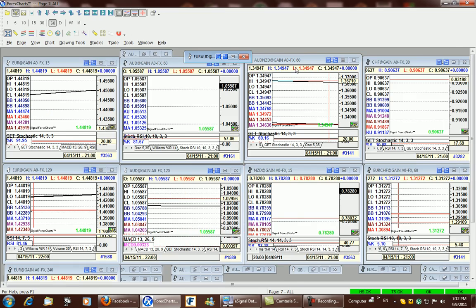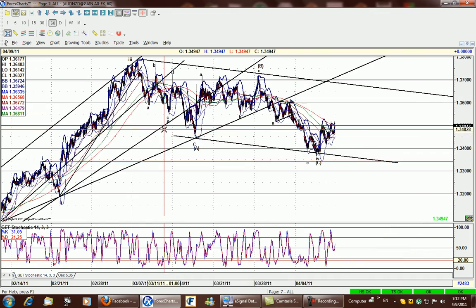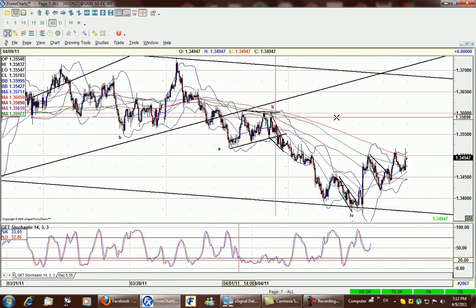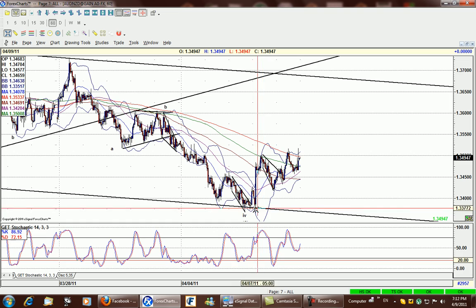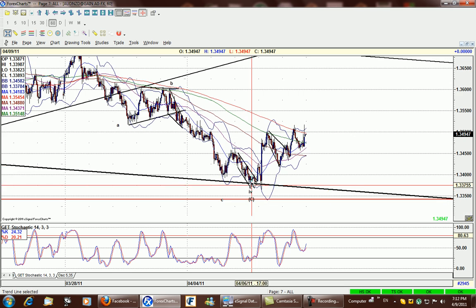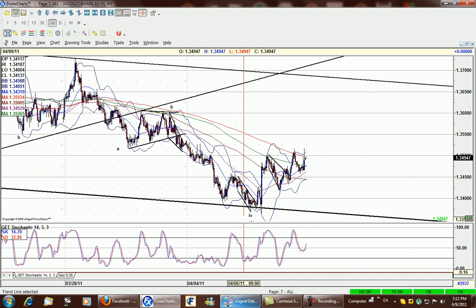Last pair, the Aussie New Zealand. I never traded this pair before, but I see this a very beautiful clear pattern. ABC, ABC. It's like 3 waves down, 3 waves up, 3 waves down, and I went long last week on this channel support here against here. It was very limited risk actually, and then it's on the jobs report from Australia.